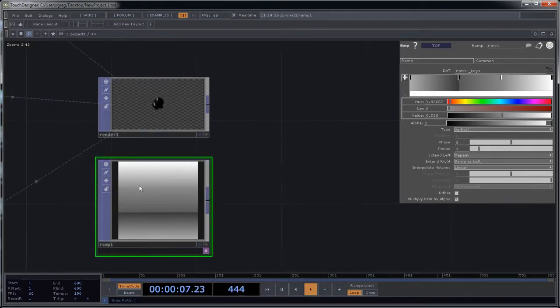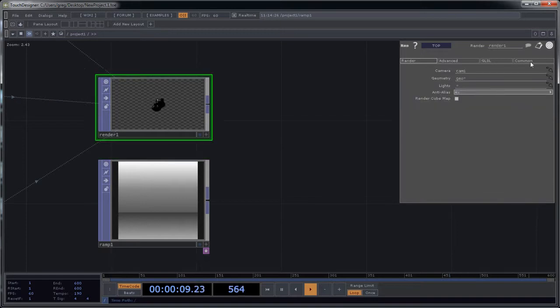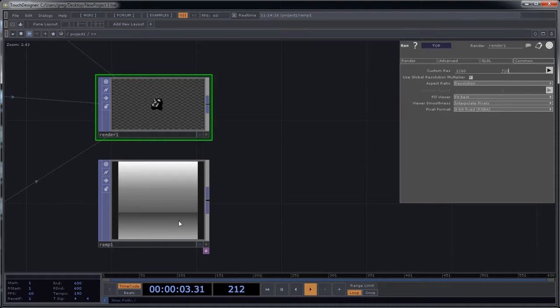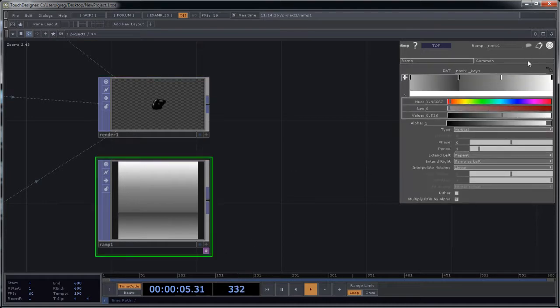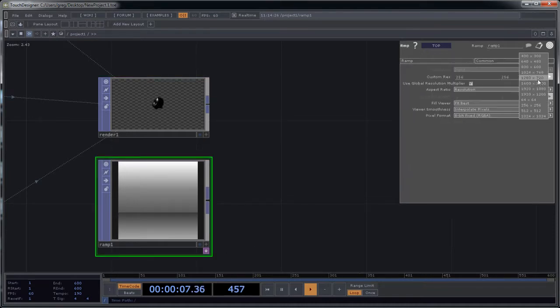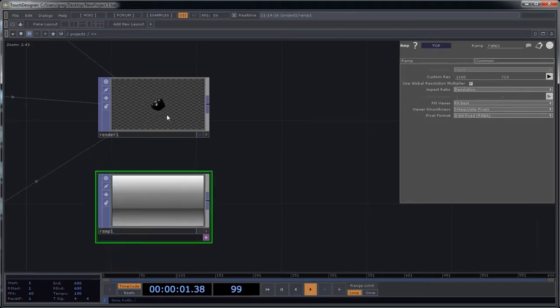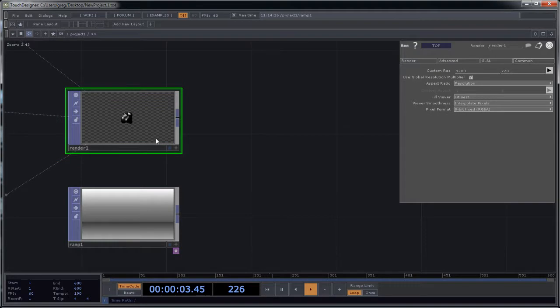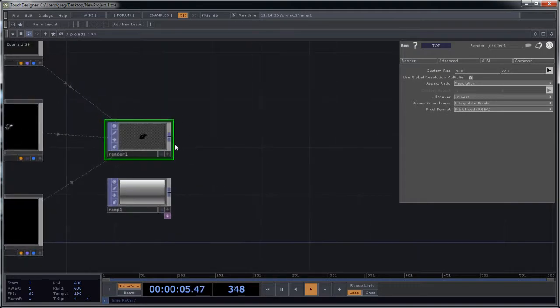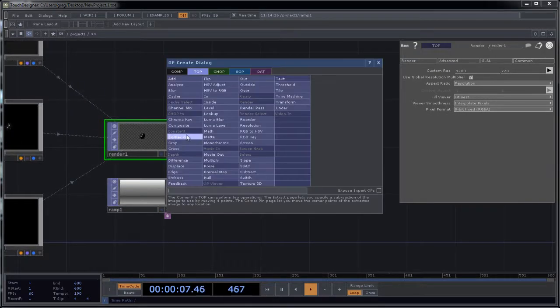The first issue is that the resolution is going to be wrong because we have 1280 by 720 as our render, and our ramp is only 256 by 256. So if we just change that under the common tab there, we can begin to composite by laying down a composite top. So if we right click and select a composite